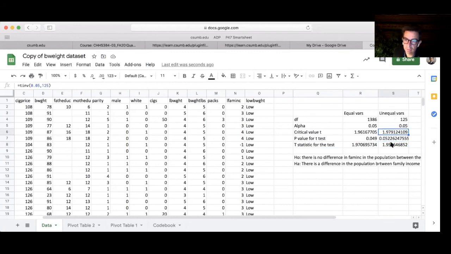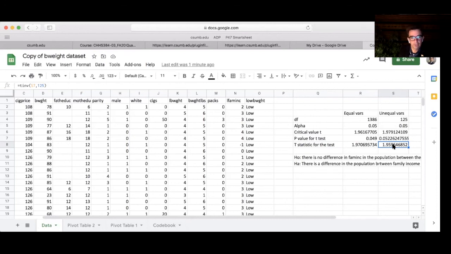So if we assume unequal variances, then we cannot reject the null. Then we would say that we don't have enough evidence to say that the family incomes for families who have low birth weight are different than those who have high birth weight,